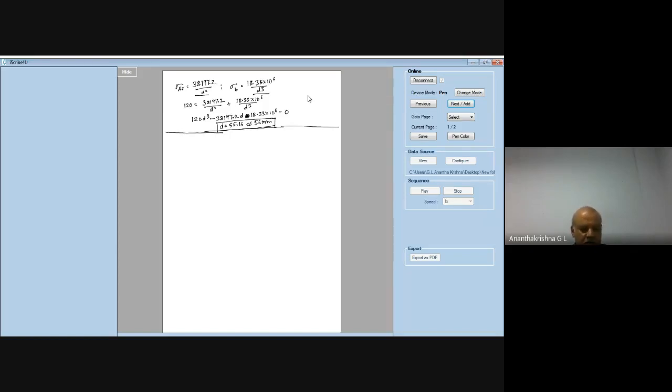This was asked almost 3 times in 2 years, January 20 and December 19. The same problem with the same numericals was asked. A 50 diameter steel rod, please note down, supports a 9 kilonewton load.